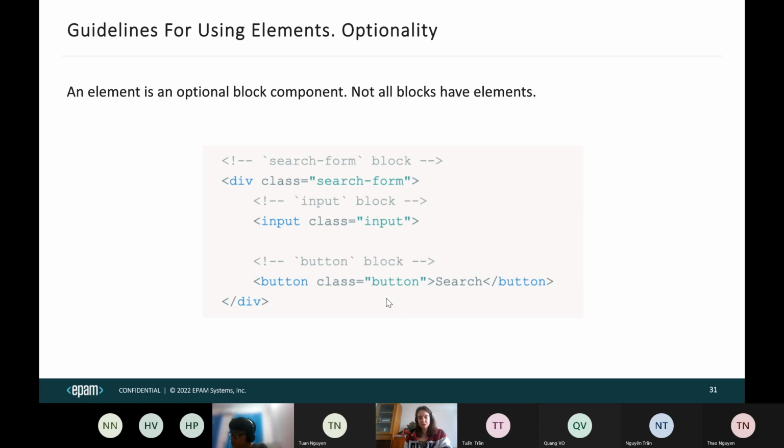styles for this. So for example, for the button class, you can write styles that are related to its color, size, or font size, anything related to the text. And for the search form _button class, you can define such styles as margins or alignment. So how this button behaves inside a form